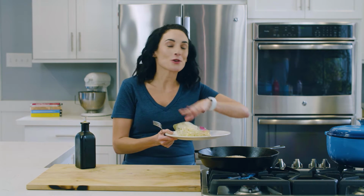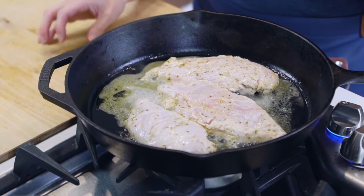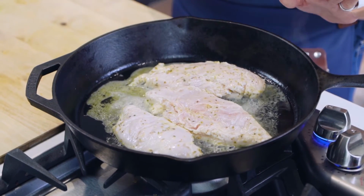If you're using a chicken marinade, you're not gonna need it, so you can go ahead and discard it. Now, the reason I want you to place your chicken exactly where you wanna cook it is because you're not going to touch the chicken breast for about 7 to 8 minutes. So go on about your business, leave it for 7 to 8 minutes, but whatever you do, don't touch it